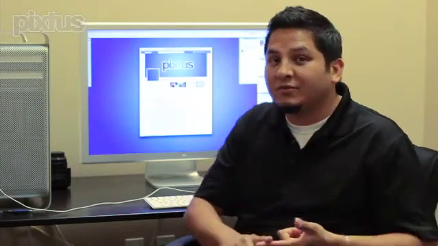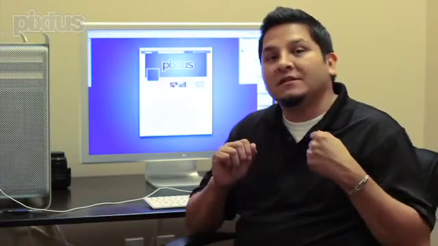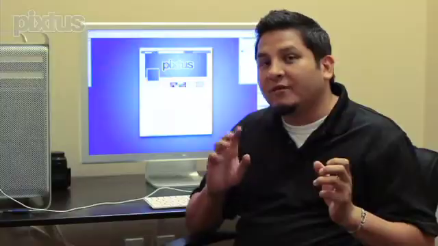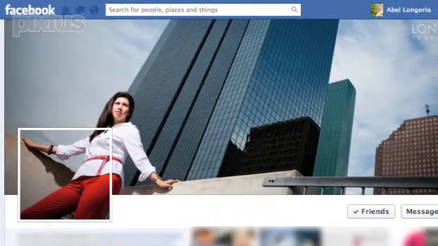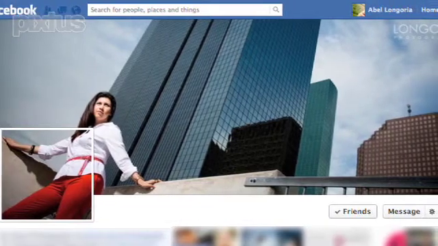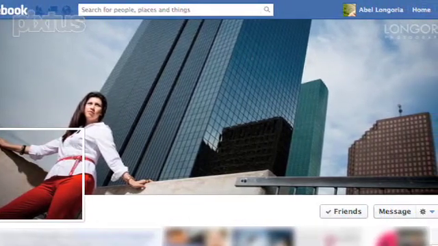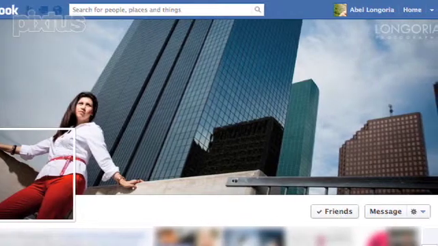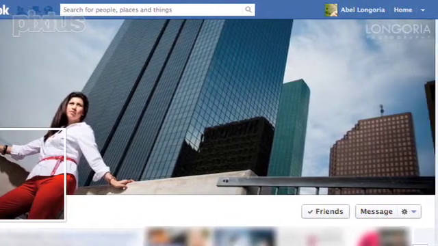Well, this particular trick, what can be done is after you shoot a portrait session, after you shoot a wedding or whatnot, take 5 minutes, go through, create a custom profile and cover photo for your client, email it to them, say, hey, look, this is what I've done for you, upload it, feel free to use it. They'll get a great response from their friends. It'll have your logo on it, so you're getting even more exposure throughout their entire friend base, and hopefully it'll